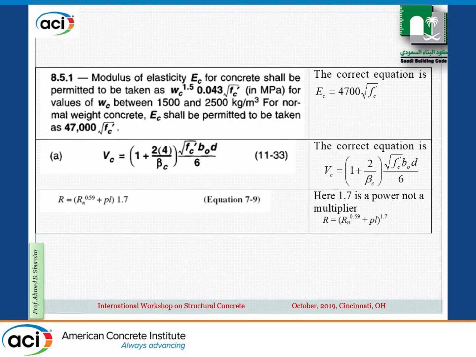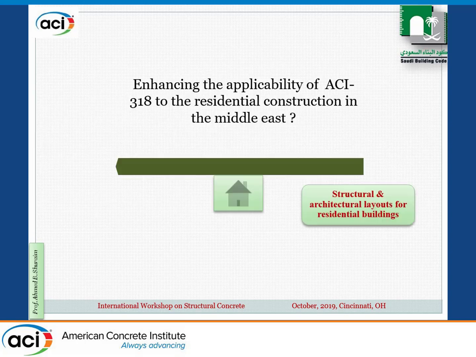All right, here are some of the equations. This is very old, but this was a statement here of the EC, the modulus of elasticity, which had more zeros than it should have. And also this equation was there a long time in the ACI. So these are examples of the challenges. This is supposed to be easy now because we know it, so it's not a big deal.